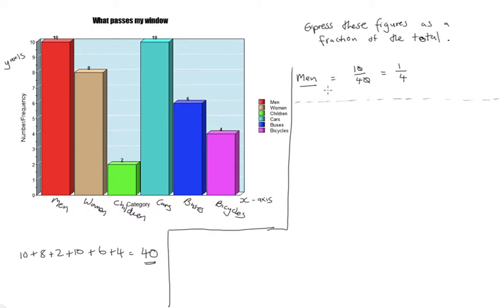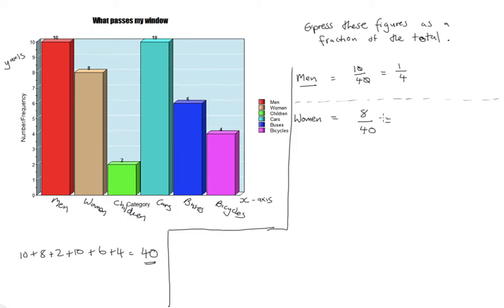Okay? Now, what about women? How many women passed your window? 8. And what was the total number of things that passed your window? 40. Okay, so that's a fraction, but in order to get full marks in maths questions, we need to simplify